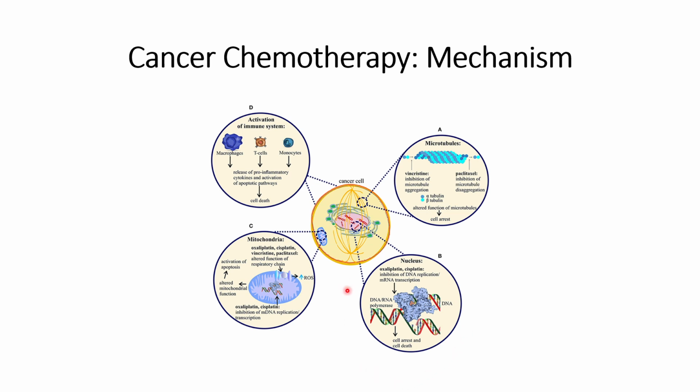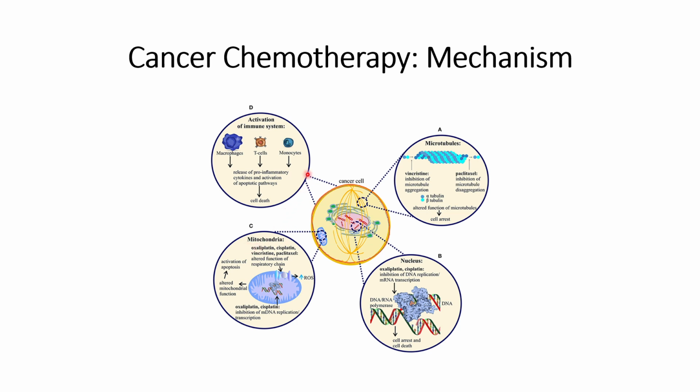And the third part by which this chemotherapy works is on the mitochondrial part. As we know, mitochondria is considered the powerhouse of the cells, so it is important to disrupt the powerhouse of the cancerous cells. These four reagents work in almost the similar way: oxaliplatin, cisplatin, vincristine, paclitaxel. What they do is interfere in the mitochondrial DNA, which leads to altered mitochondrial function, and ultimately the result of this will lead to activation of apoptosis. Apoptosis is considered programmed cell death, and this is the third section by which the